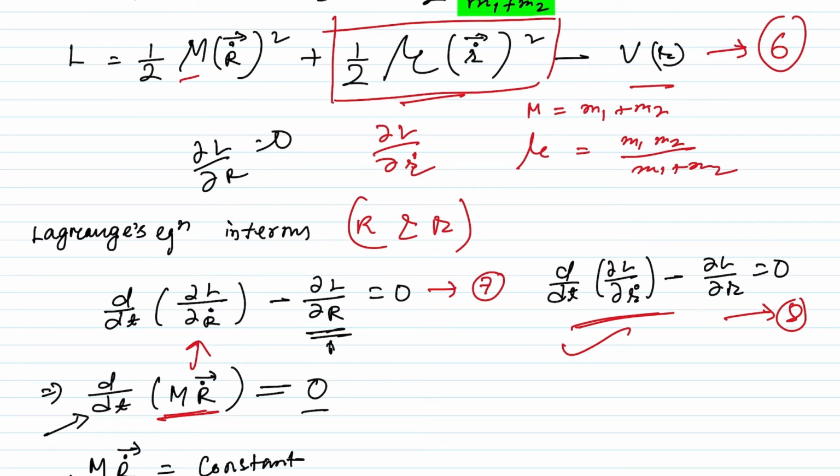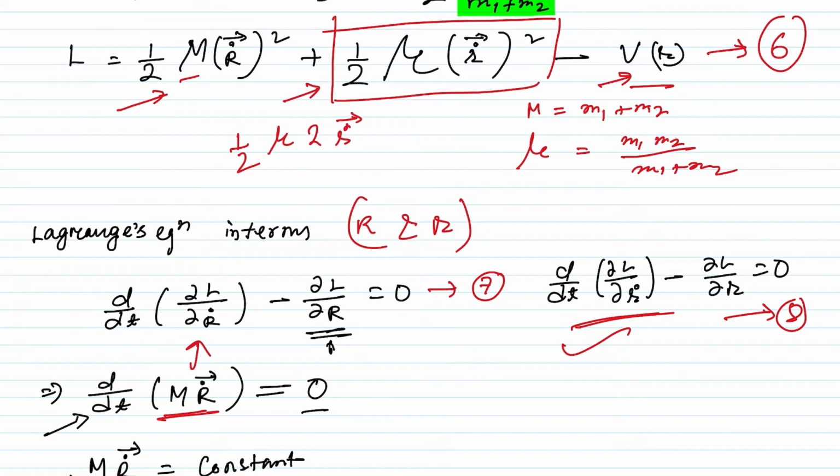So if you find the derivative, this term is going to be 0 and this is going to be 0 if you differentiate with respect to small r dot. From here you will get mu twice small r vector, so the two cancels and you will get mu r dot vector. So from this equation we will get d by dt of mu r dot vector, and